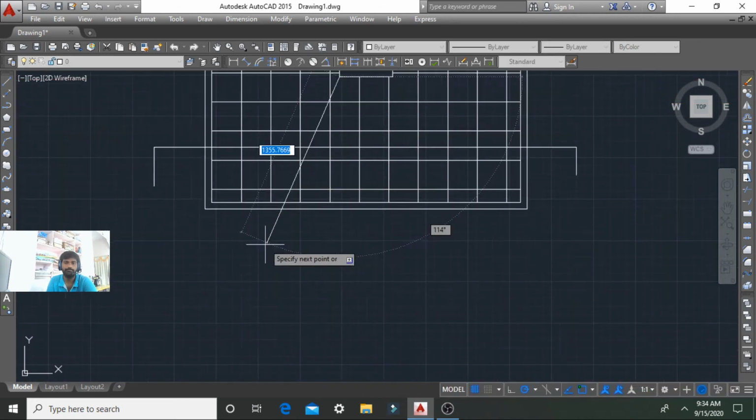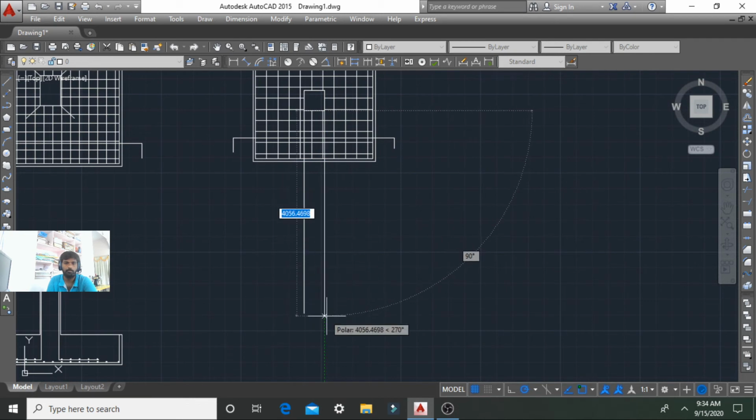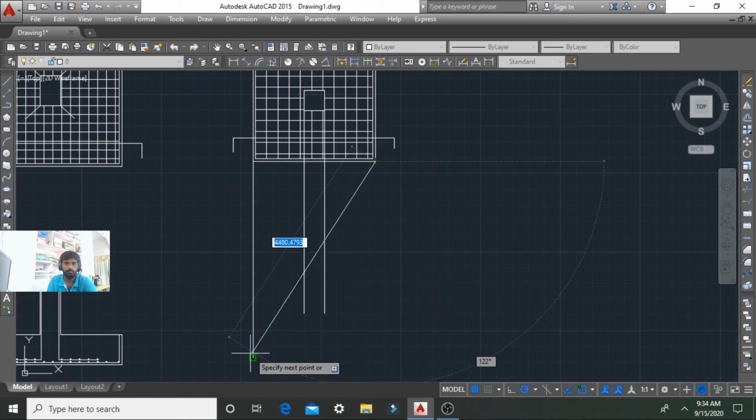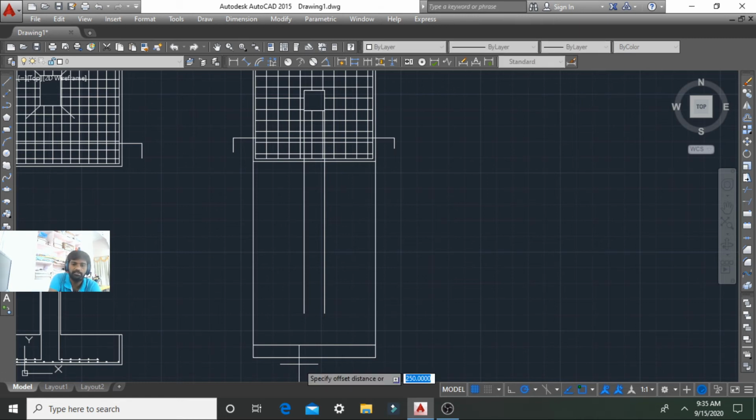Here are the column lines. So here we have a 250 mm thick bed, and the trapezoidal section is cut at 750 mm, up to a height of 750 mm from the bottom.